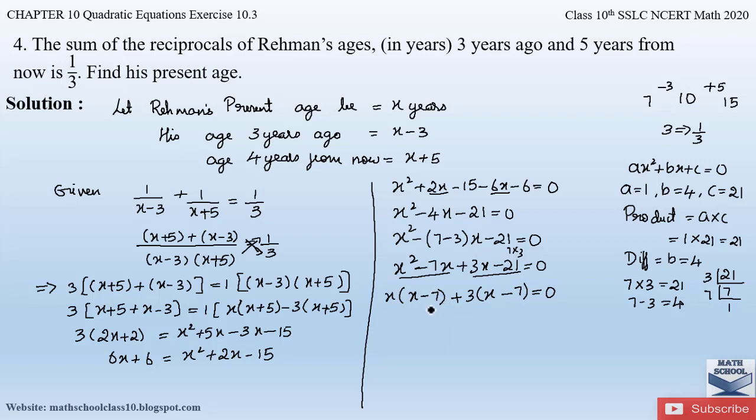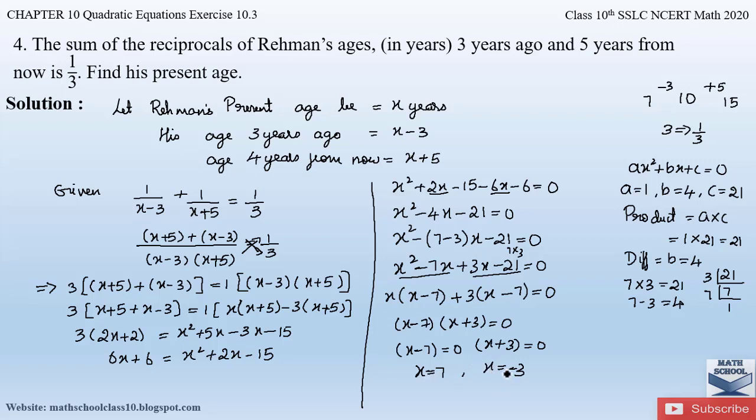Now we can observe that x minus 7 is common again here. So we are taking out x minus 7. So what is left behind? X and plus 3 is equal to 0. Therefore we can write x minus 7 is equal to 0 and x plus 3 is equal to 0. Now sending this minus 7 to the right hand side, we are going to obtain x is equal to 7 and x is equal to, when plus 3 goes to the right hand side, it will become minus 3.